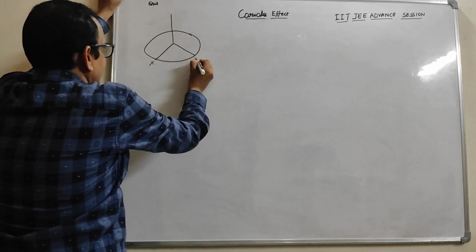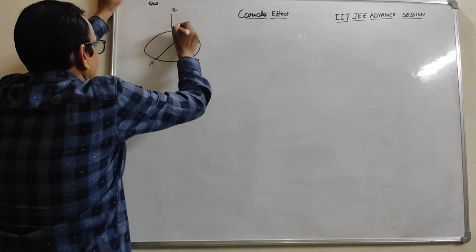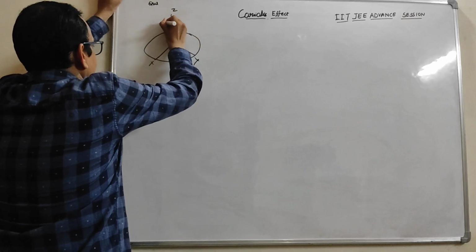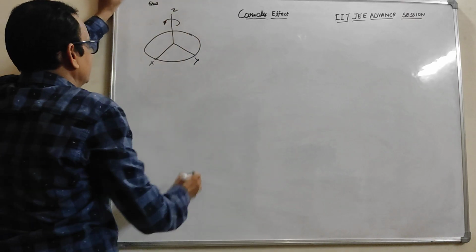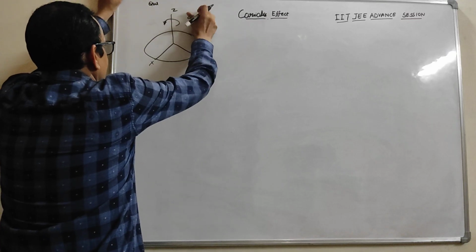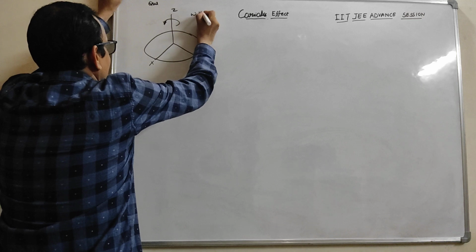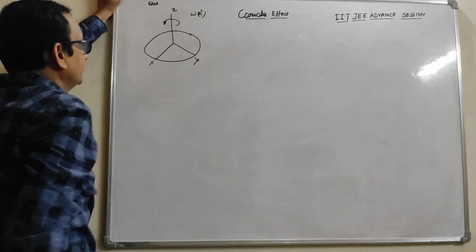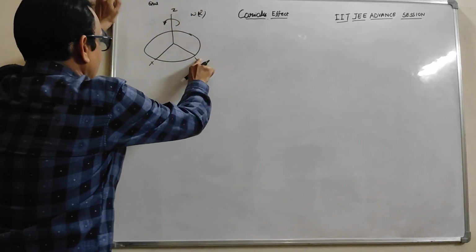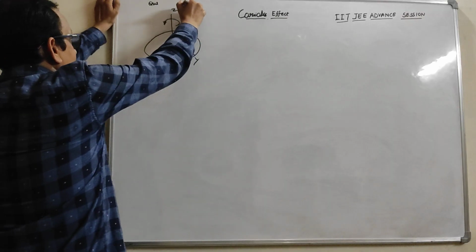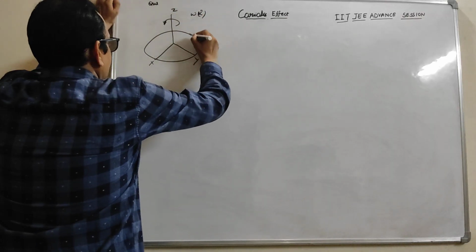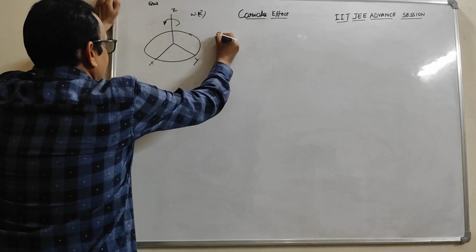This is the x-axis, this is the y-axis, and this is the z-axis. The disc is rotating about the z-axis. So this is the k cap direction. Omega is k cap. The disc is rotating in the k cap direction, and a coin is vertically dropped on the disc